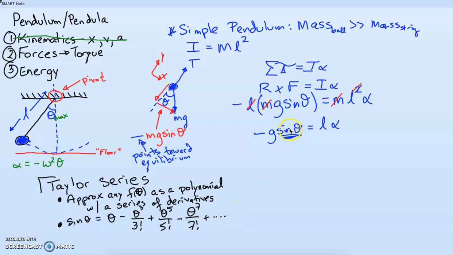Now, how are we going to get rid of sine theta and turn it into this thing? Making it any better doesn't make any sense to me until you say, here are the following conditions: small angles only. Well, what does that do? Well,